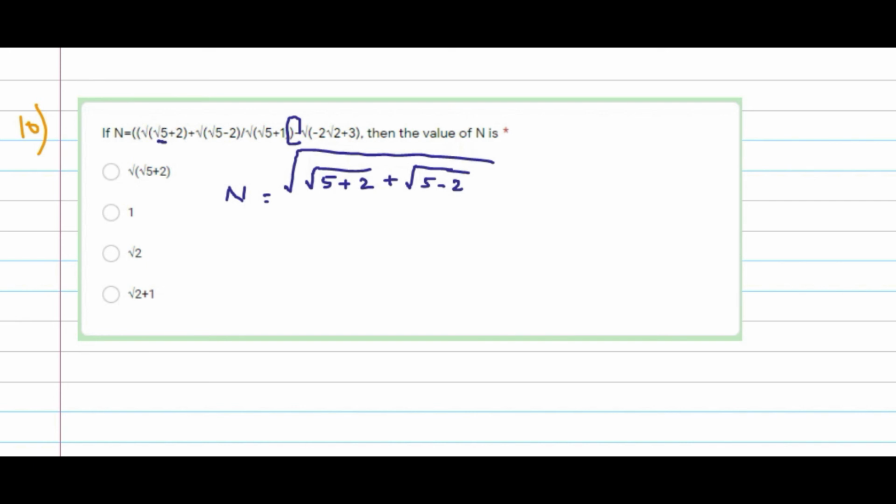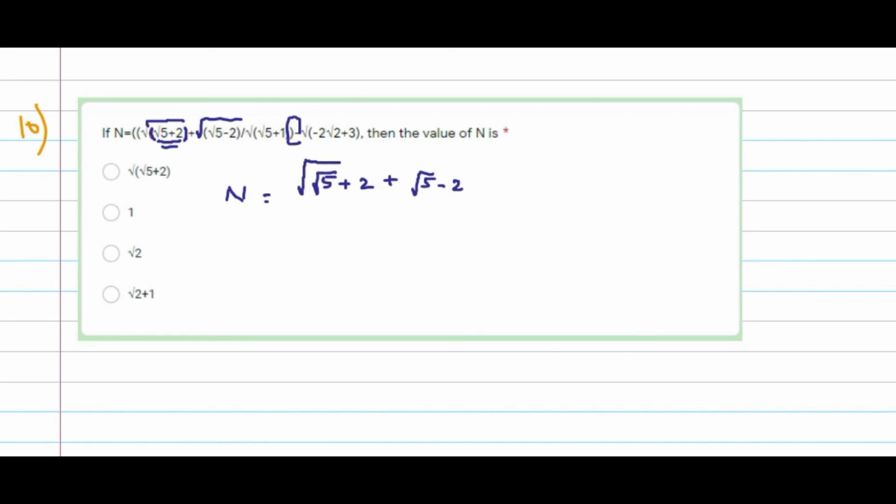So it is root 5 plus 2. Okay, this is not square root of 5 plus 2. If it is square root of 5 plus 2, he would have given directly root 7. So this is not correct. Let me make it understandable. Okay, so this is correct. Root 5 plus 2, and yes, this root is up to this point because the bracket is there. Similarly, this root is up to this point because the bracket is there. That's all. Very simple. So I can remove this one also.